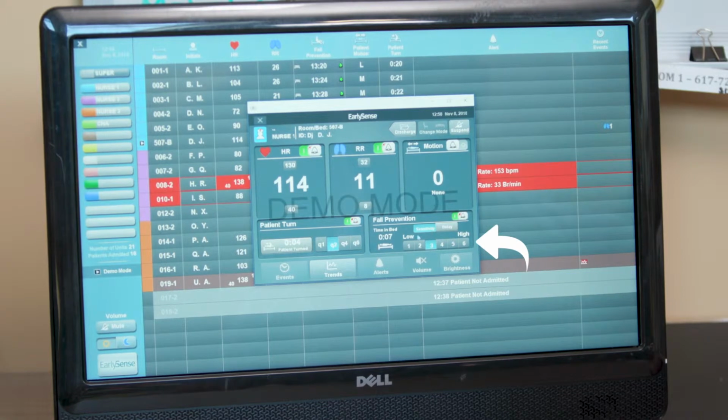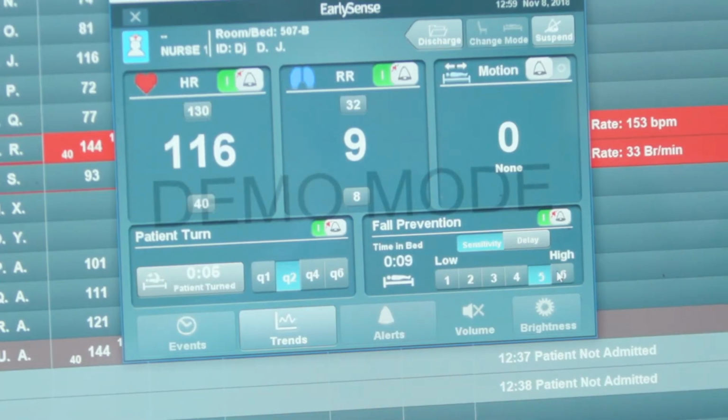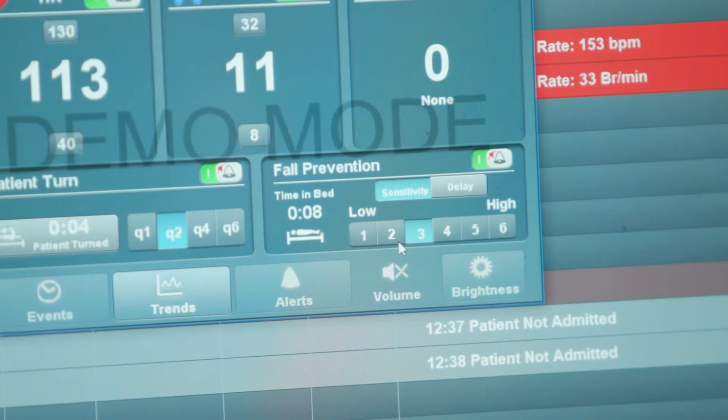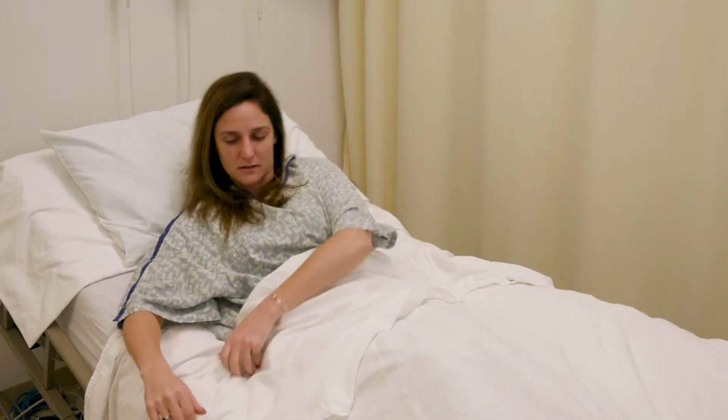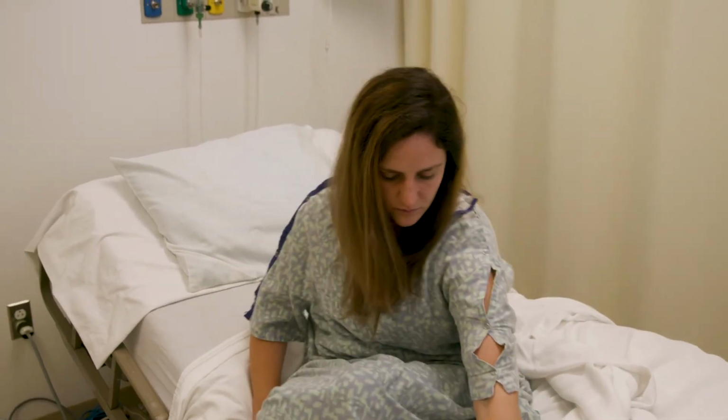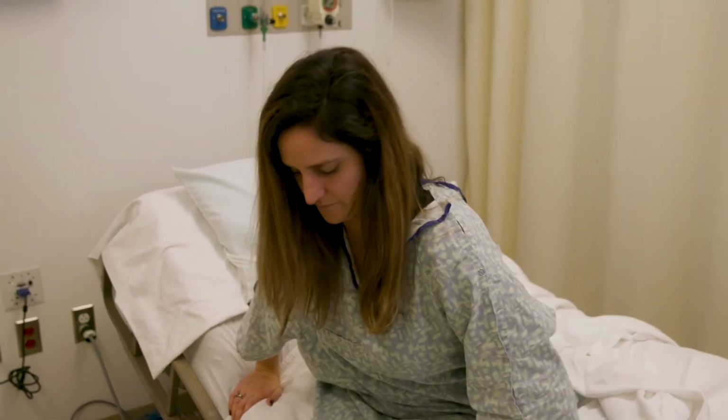There are 6 sensitivities for bed exit alerts, 6 being the most sensitive and 1 being the least sensitive. This means that higher fall risk patients should be on a higher number sensitivity. Sensitivities 3 through 5 are referred to as posturing sensitivities, meaning the system would alert for a bed exit if the patient's back came forward off the sensor or if they were sitting on the edge of the bed or